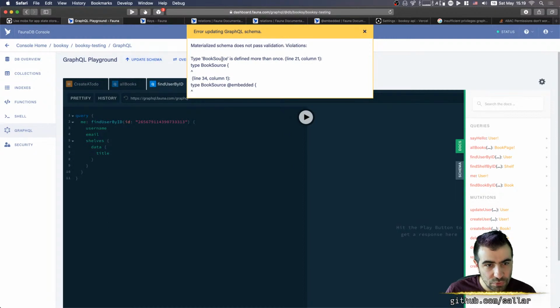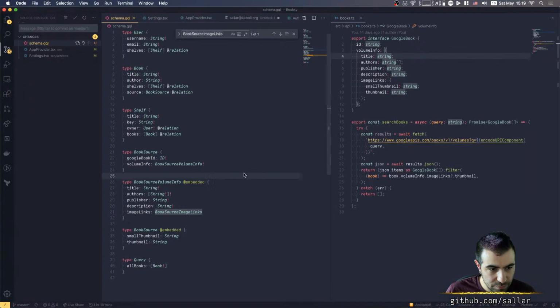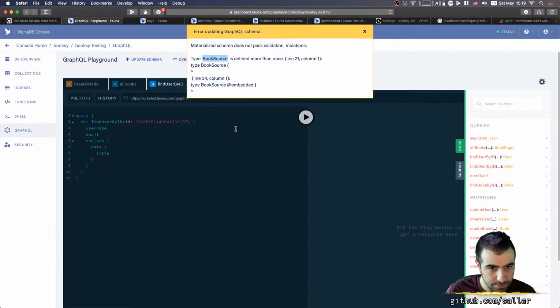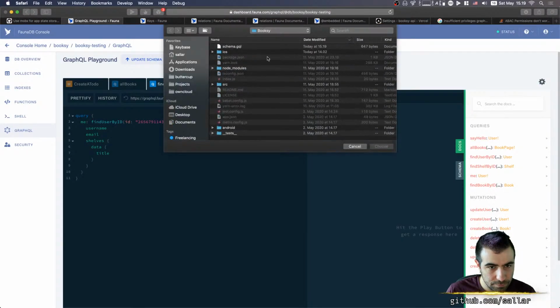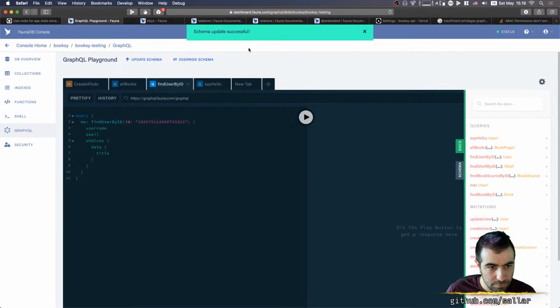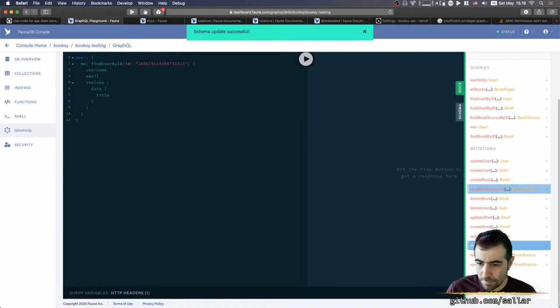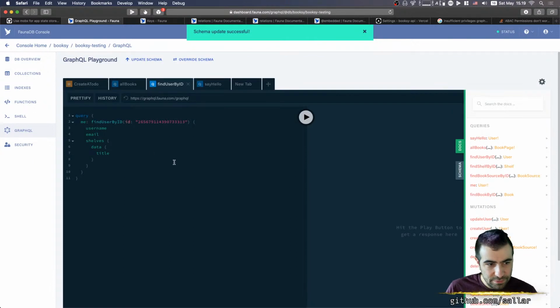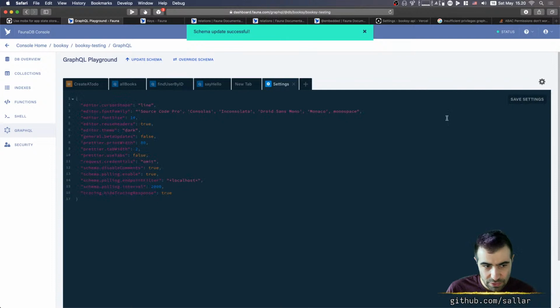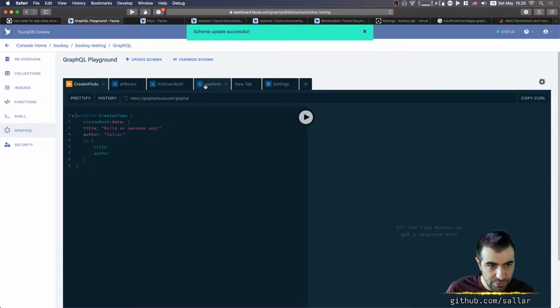Okay. Book source is defined more than once. Book source. What do you mean? Oh, book source image links. Done, finally. Okay, so now our books would have sources, not titles. So what we want to do is